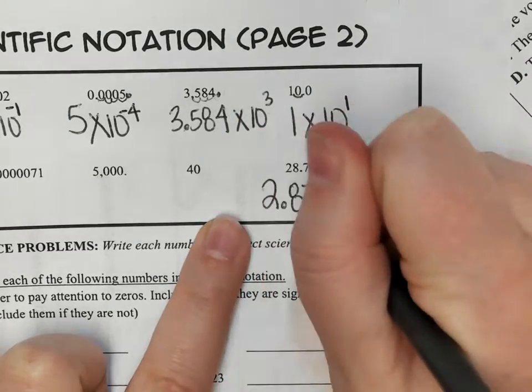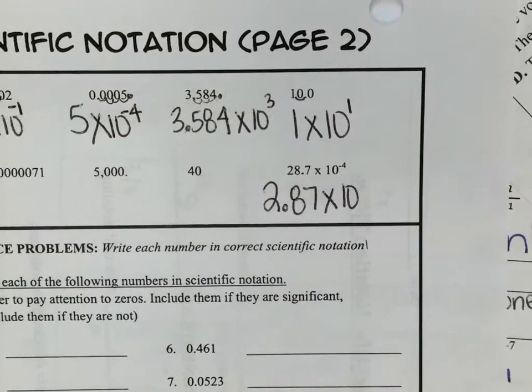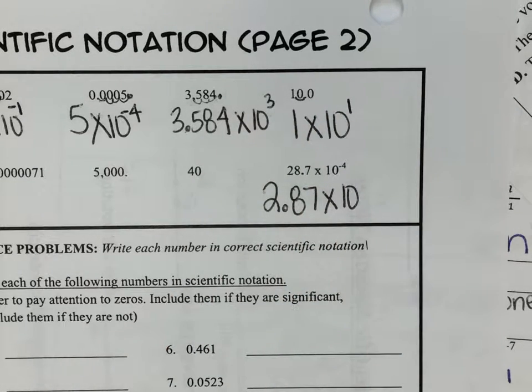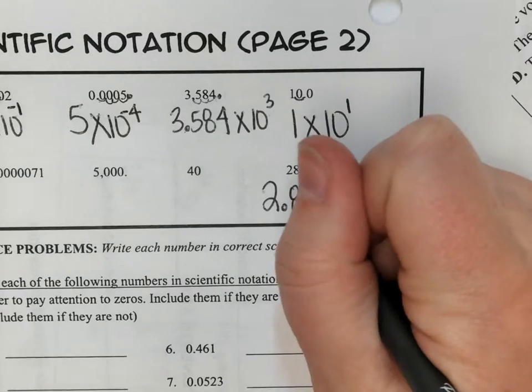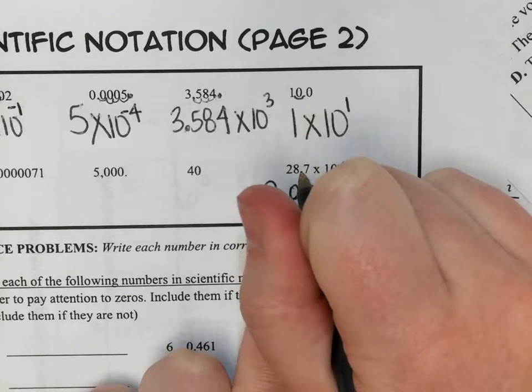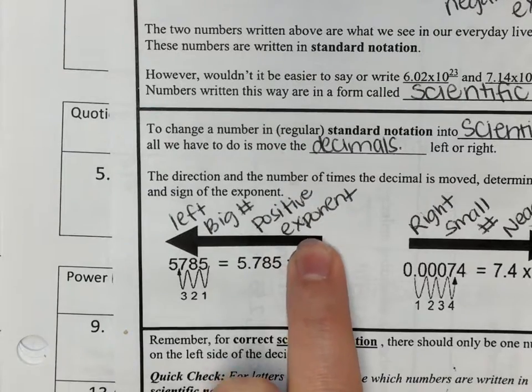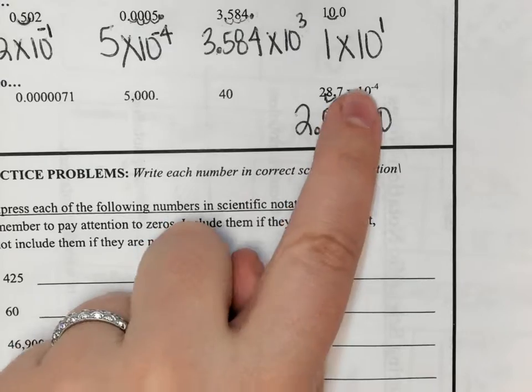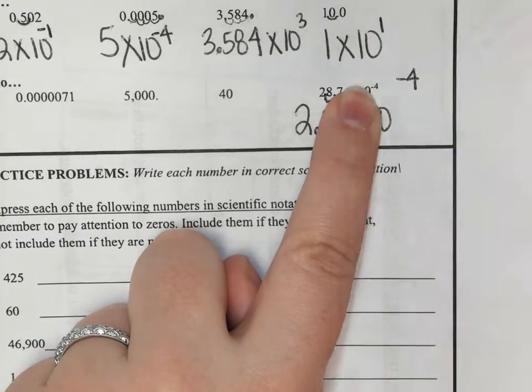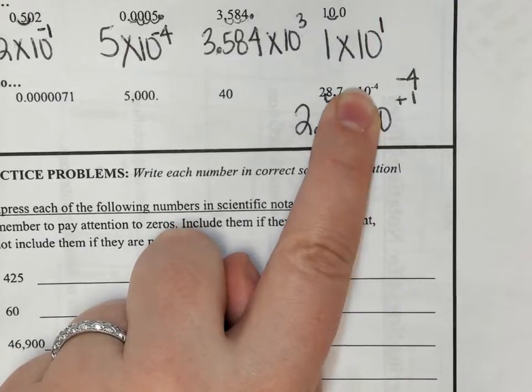2.87 times 10. Now this is where we get a little tricky. It would be negative 5. It would be a positive 5. Hang on. I hear bad answers and good answers. No, it actually is. So this decimal is here, and we have to move it to the left one. So if we moved it to the left one, that's a positive 1 space. This already had negative 4, and we moved it a positive 1 space, so that gives us